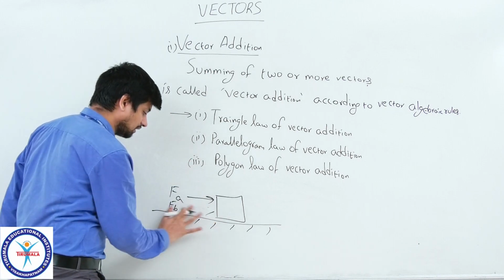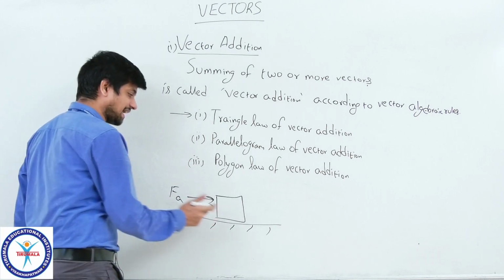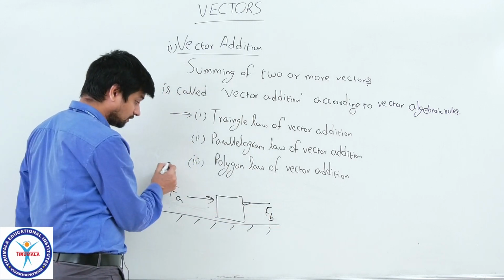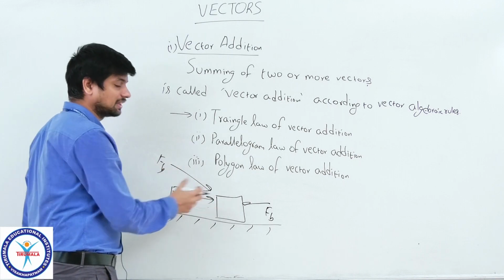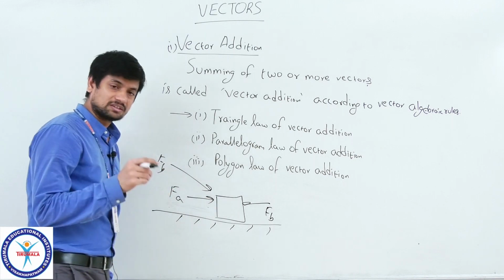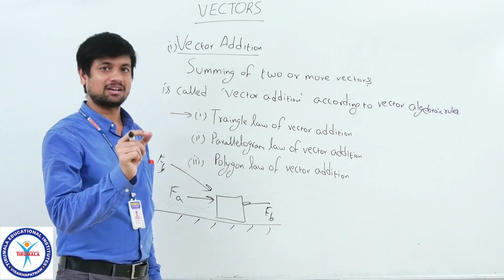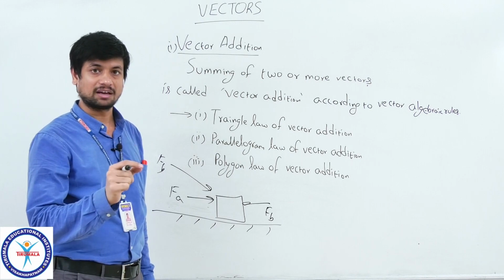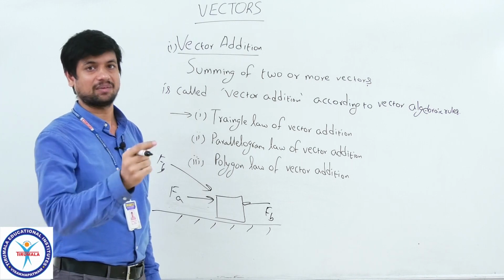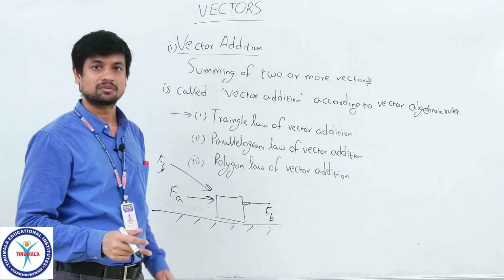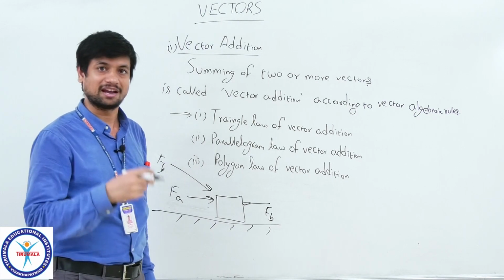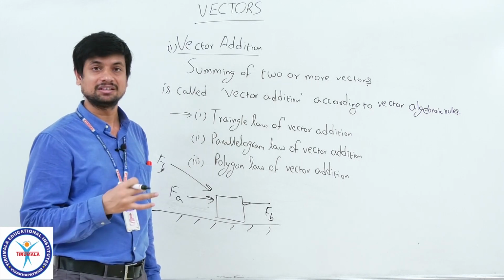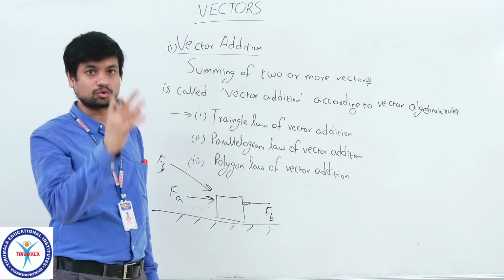If your force is acting in this way, what should I do? And if it is applying in this way, what will be the effect? So, you require the combining of two same physical quantity vectors' effect in the phenomena. What will be the combined effect for those 2 or more vectors participating in that phenomena? Either it is momentum, force, velocity, or displacement, children, you need to know these all.